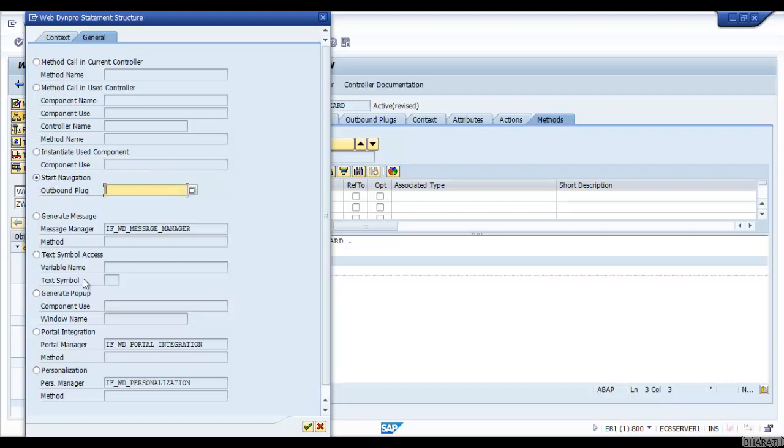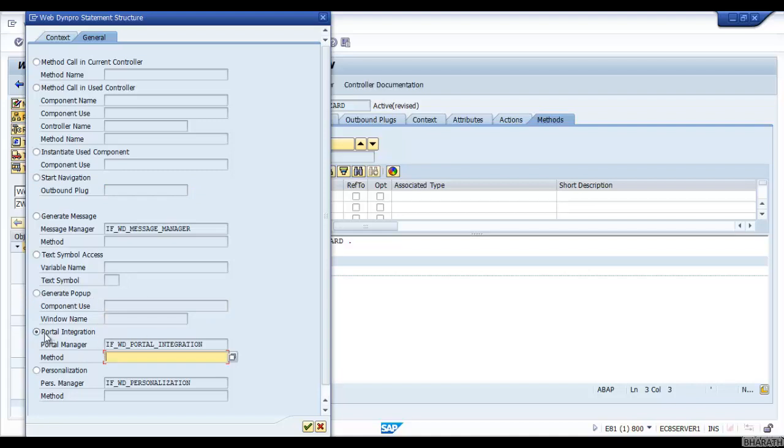Almost all the radio buttons have separate topics. So whenever we discuss that unit, at that time I will also explain how to use these radio buttons. And you can use this radio button generate pop-up to display the pop-up in a WebDynpro application.